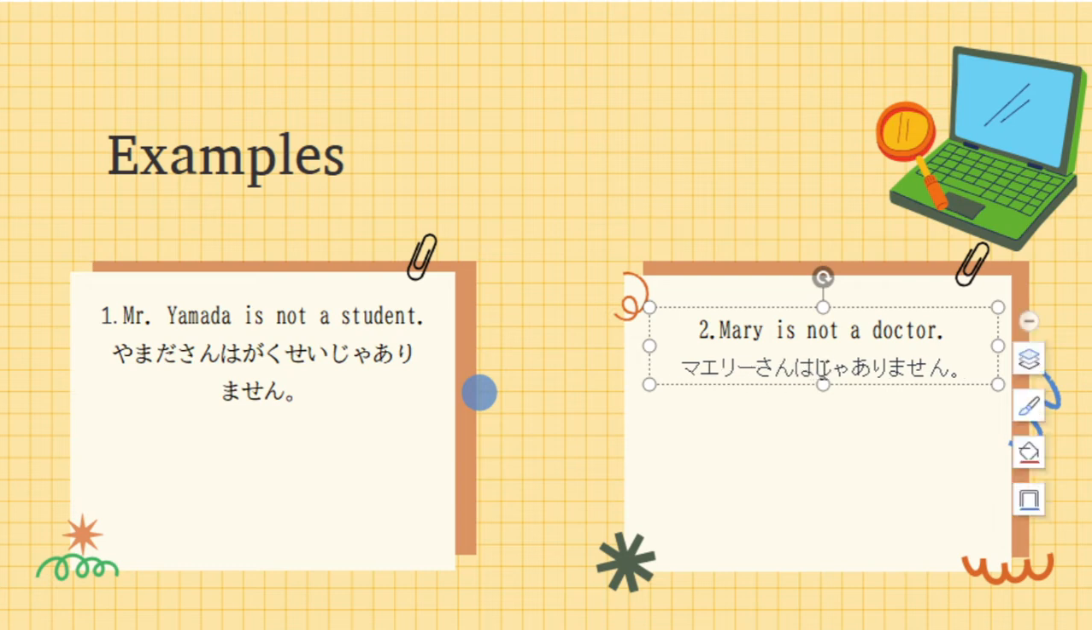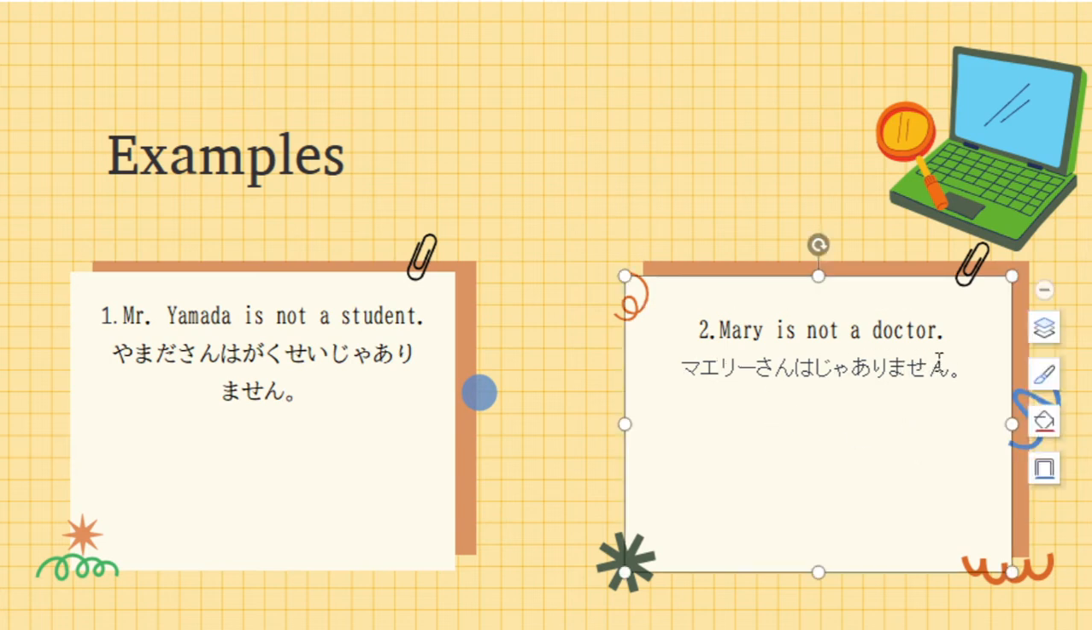Mary-san wa ja arimasen. So that is correct. Mary-san wa ja arimasen. This is, Mary is not a doctor. Okay? If you want to negate the X wa Y desu, you will use ja arimasen. Okay. So next, we have here the